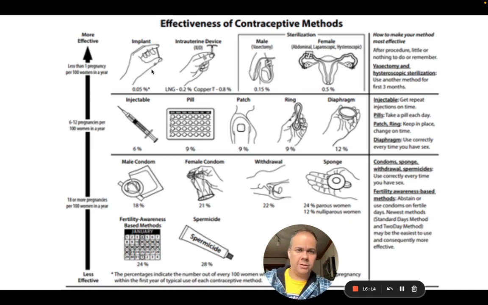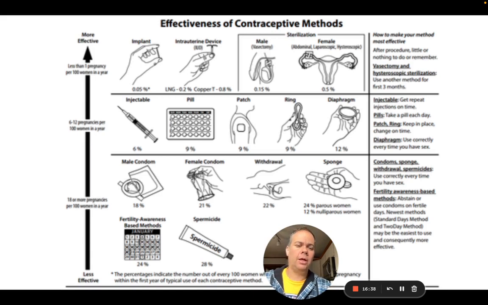IUDs are very effective as well. Slightly less effective are things like the pill, oral contraceptives, and injectable contraceptives. And then less effective than that are things like condoms,